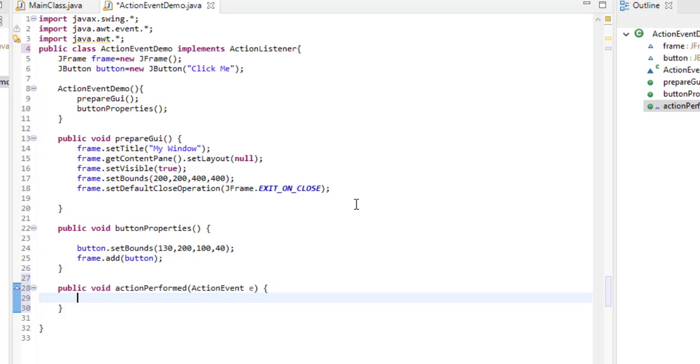Now in the next step we have to register the ActionListener to the button.